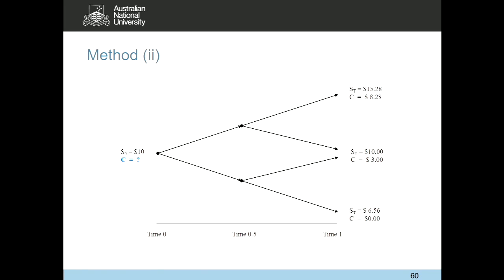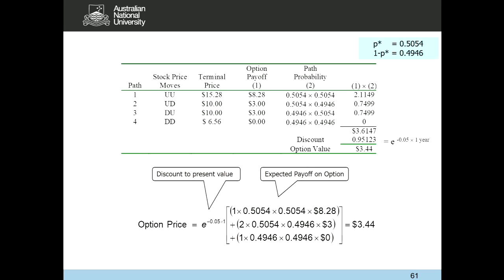Two ways, right? And there's only one way going down, which is two consecutive downturns. You have to go down, then go down again. Then you would end up with a share price of $6.56. Now, if that's the case, then we can take advantage of that because the path probability of getting up and